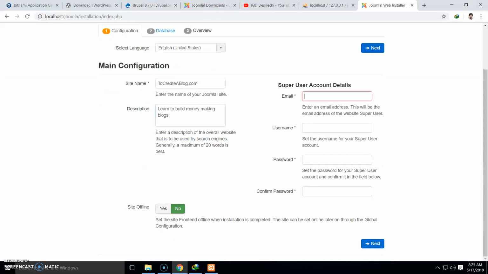Then you need to type your email address, username and password. Now site is offline, you can check or uncheck this option, but leave this default.